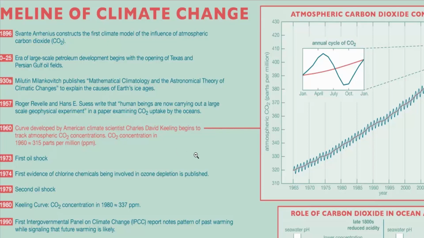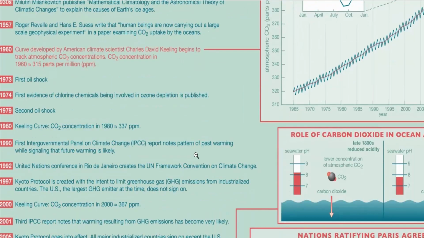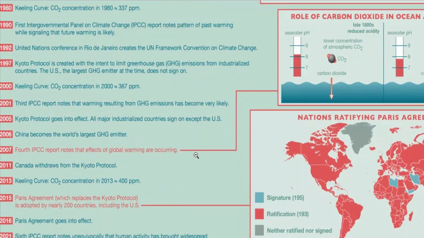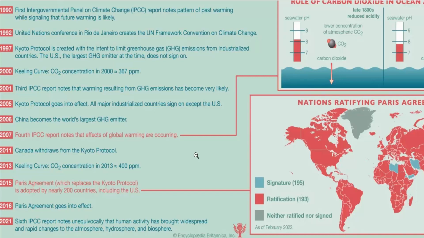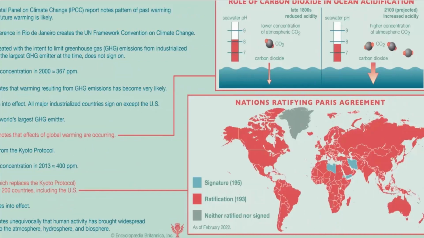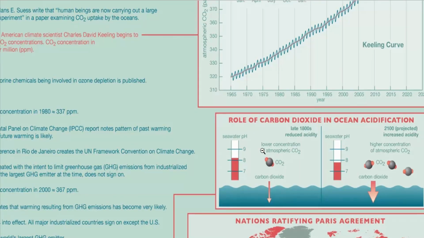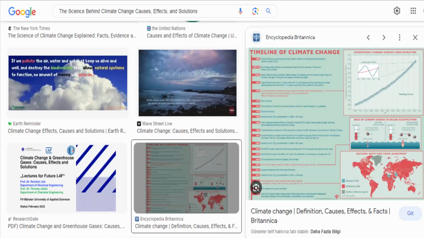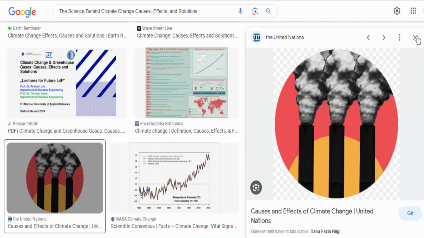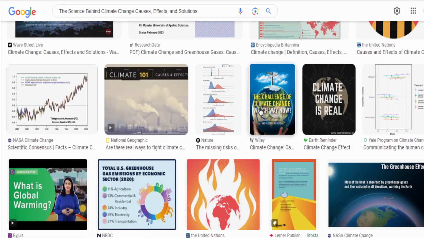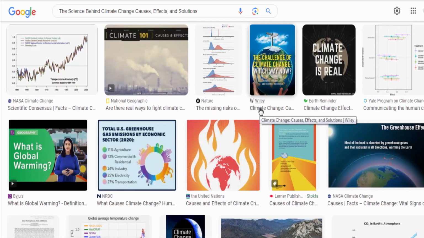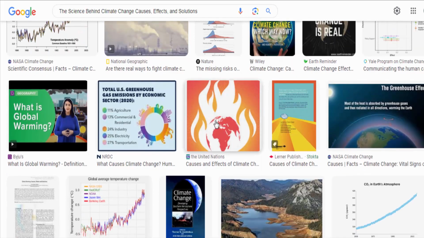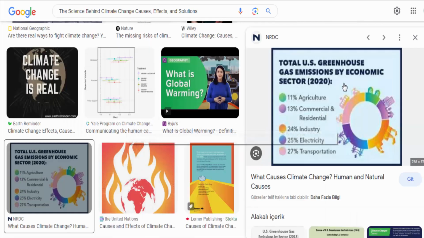As the Earth's temperature rises, glaciers and ice sheets melt, causing sea levels to rise. This puts coastal areas at risk of flooding, erosion, and saltwater intrusion into freshwater sources. Extreme weather events. Climate change is associated with more frequent and severe extreme weather events such as hurricanes, droughts, floods, and wildfires. Ecosystem disruption. Changes in temperature, precipitation, and habitat conditions can lead to disruptions in ecosystems, affecting biodiversity, species